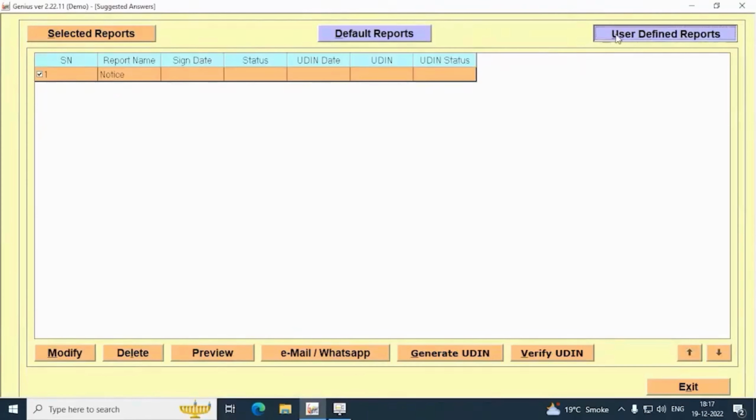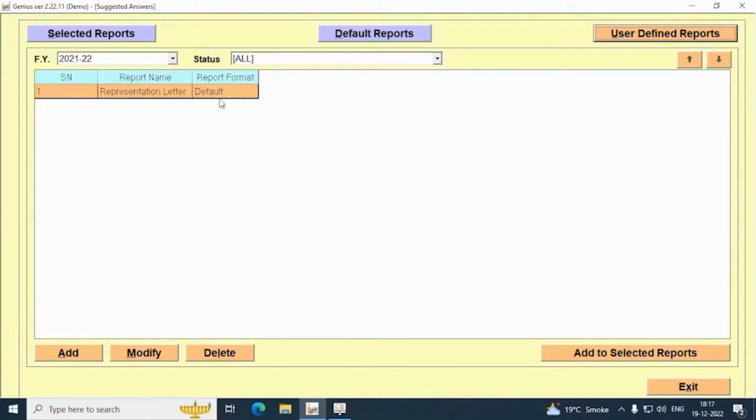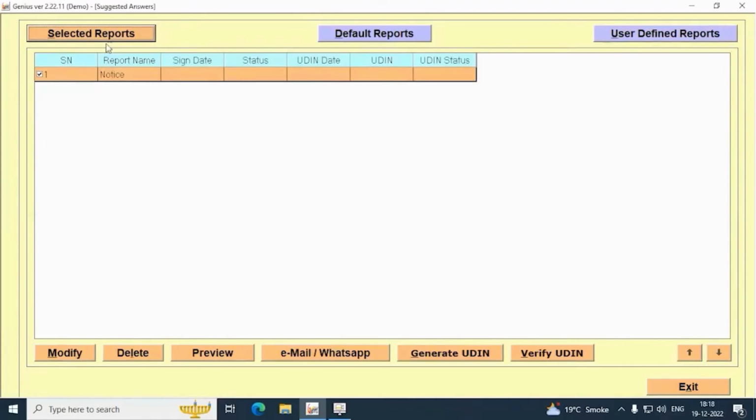Any changes made in the report of user-defined apply to all the clients, and any changes made to the report in the selected reports will apply to that particular client only.